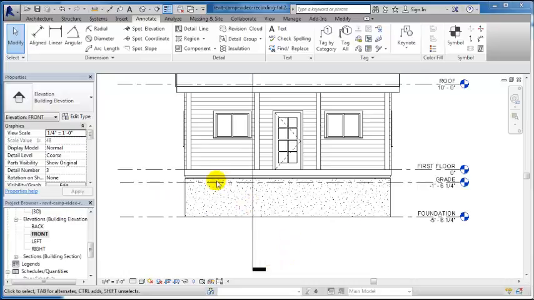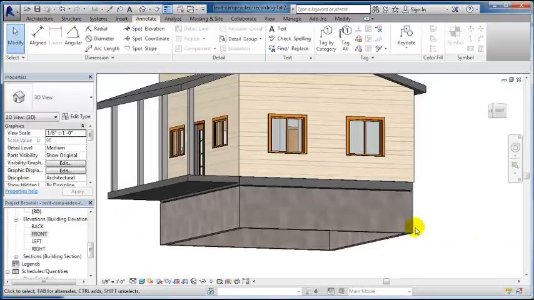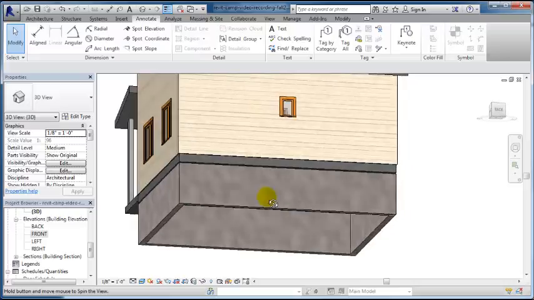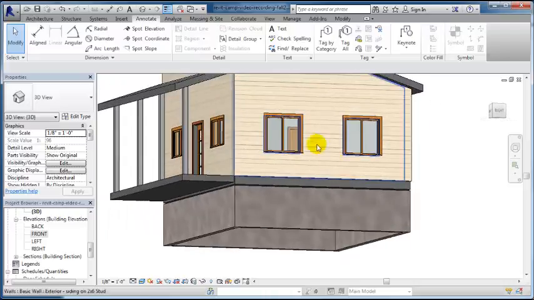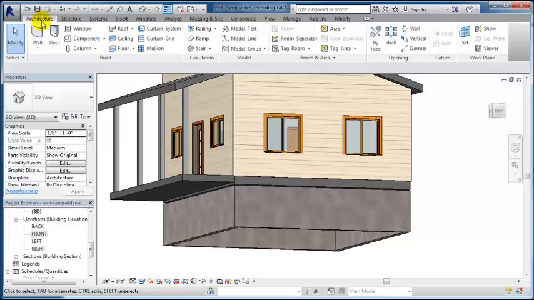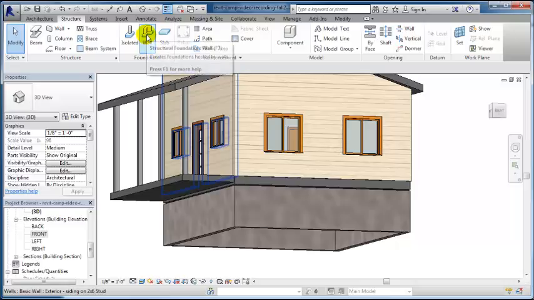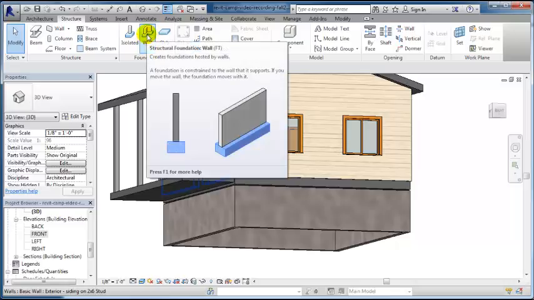Okay, so we added the foundation. We kind of got our levels worked out mathematically. I'm going to go to the 3D view and we're going to add footing underneath all these foundation walls to make them the T-type foundation system. So I'm going to go to Architecture, I'm sorry, Structure, and I want to click on Structural Foundation Wall,